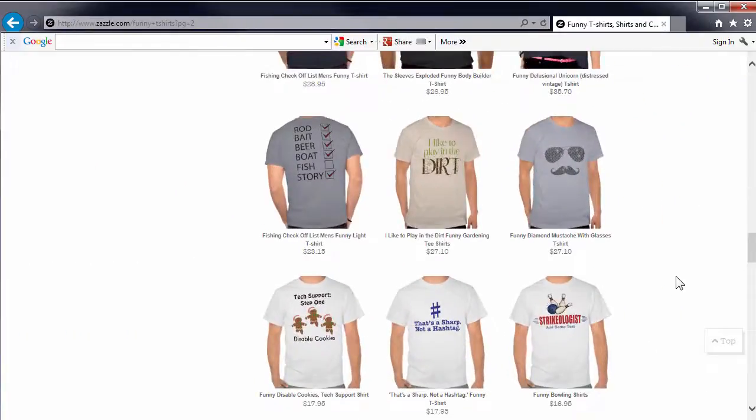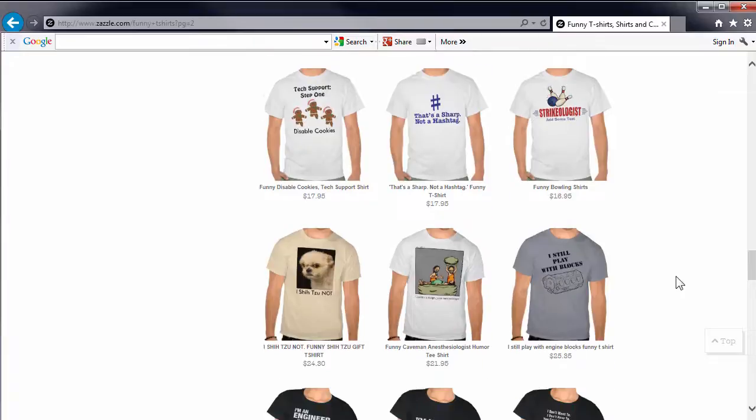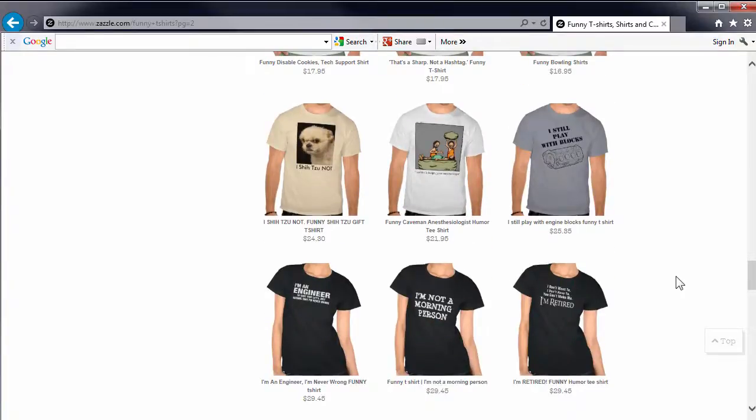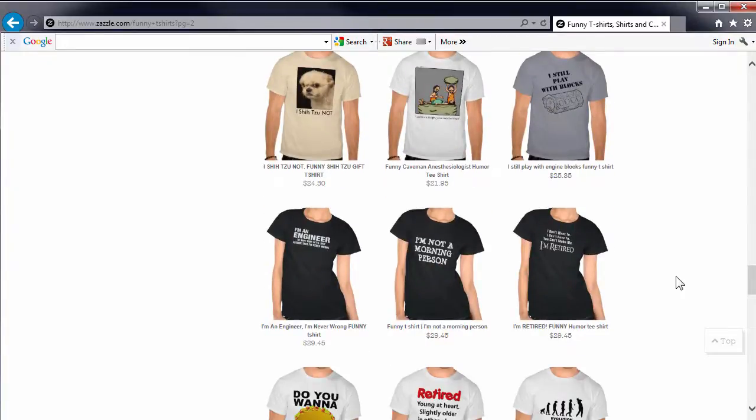Now in the beginning, looking at all of these shirts may be a little overwhelming. So many designs and you don't have any idea what type you should do. Well, I'm going to give you a very important tip here that will make it a little easier to narrow down while increasing your chances for success.